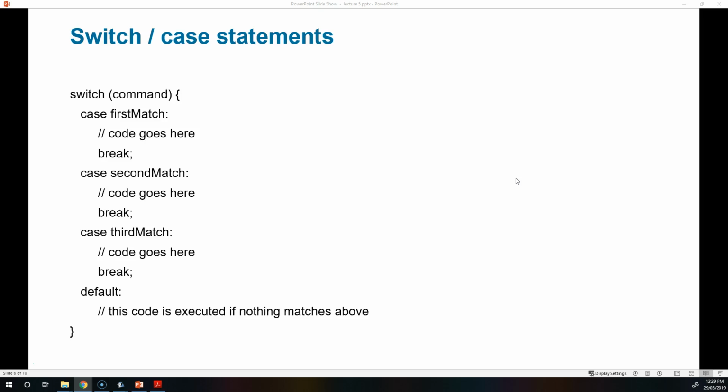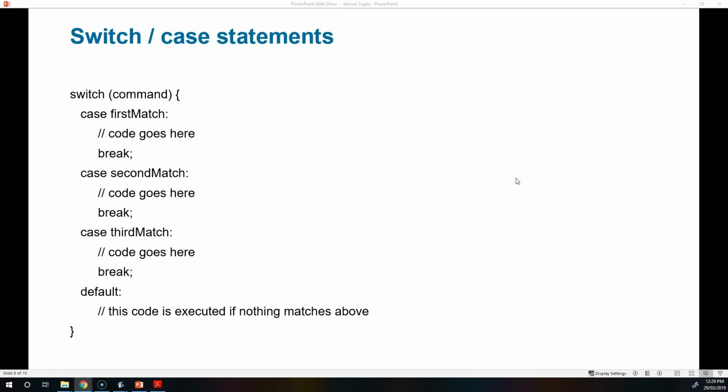In this video, we're going to talk about switch statements or case statements. Now, those words can be used interchangeably. Sometimes you'll see these described as switch statements, other times you'll see them described as case statements. They're very similar to if-else statements, where we're checking if something is true, and if it is, we're running some